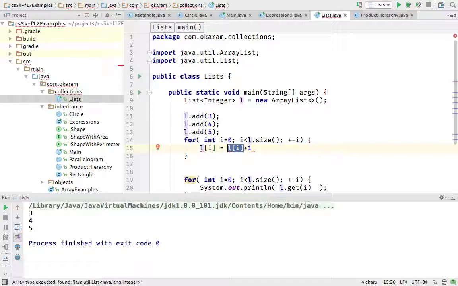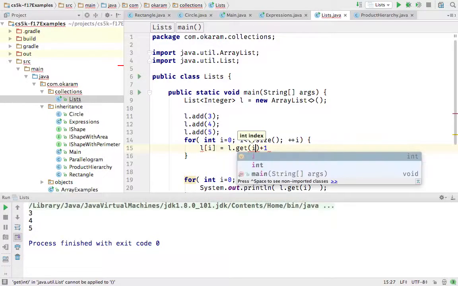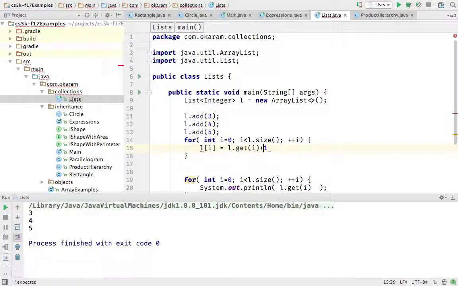What can I use instead of this l of i? l.get(i), right? Now, on this side it is different, I need to set the value. So what Java will force me to write is